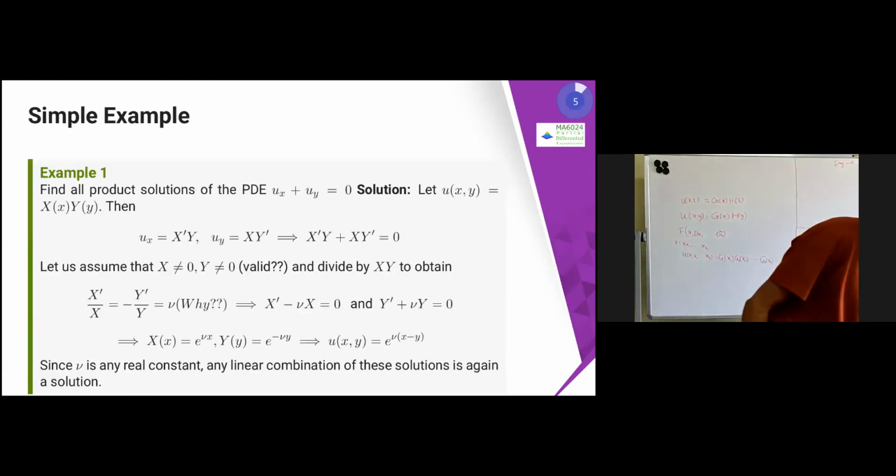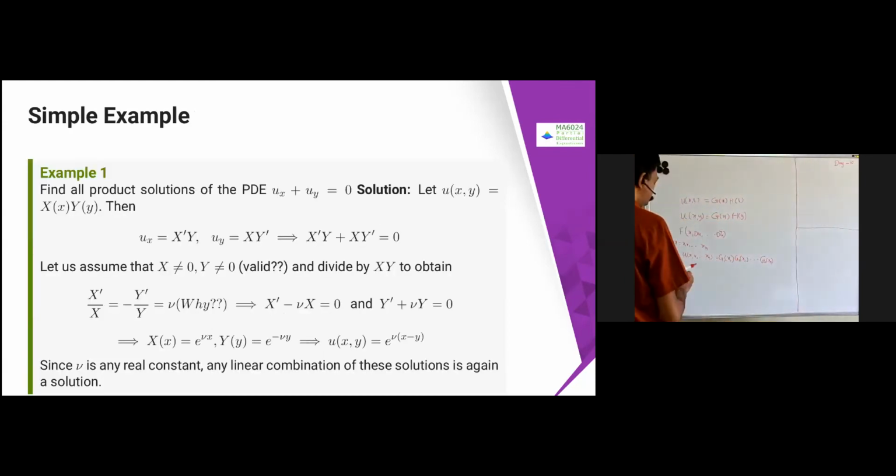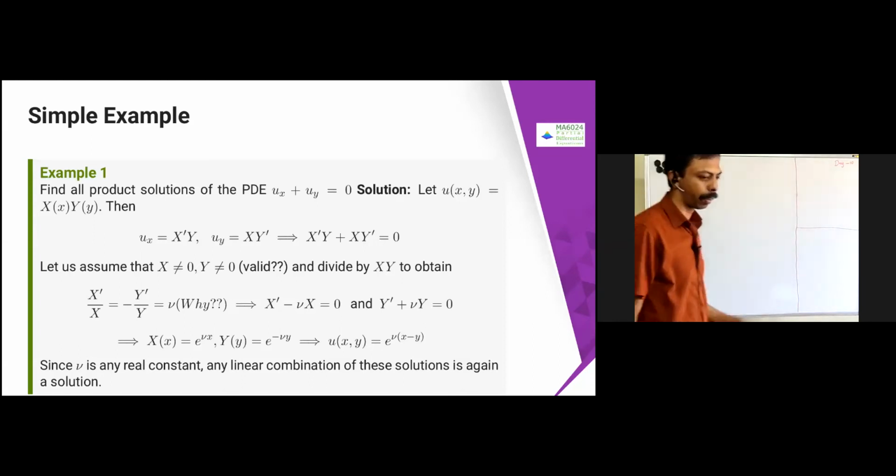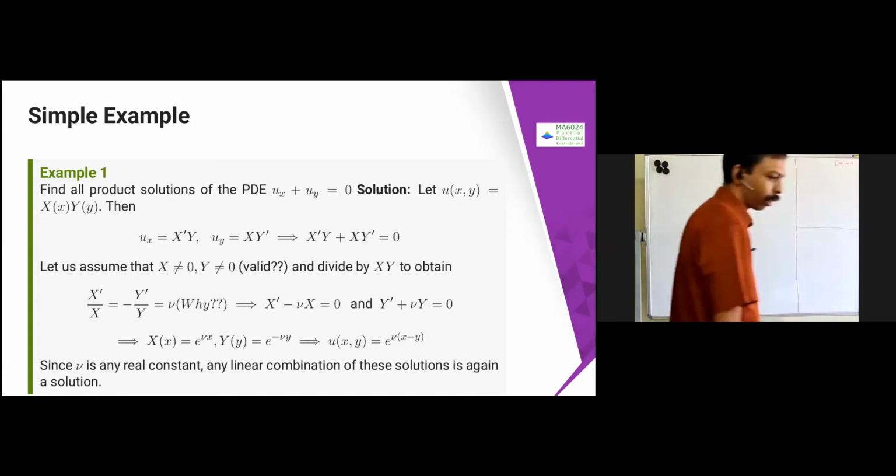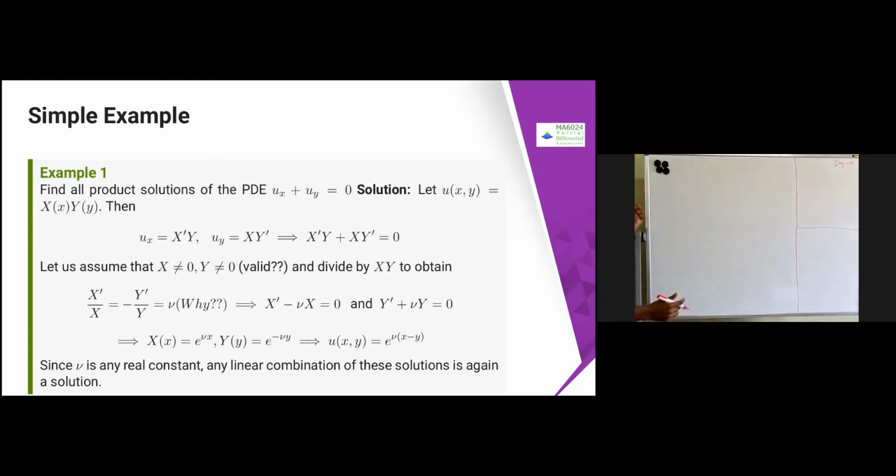First, let us take a simple problem, since we already solved this equation in the first class, our second class. What we have taken is ux plus uy. In this case, we have seen that the solution is going to be something like e power x minus y, or a function of x minus y. Now let's see how this solution is going to be obtained. So ux plus uy equal to 0. I am going to assume that u is a function of x times a function of y. So I assume u of x, y equal to X of x into Y of y.